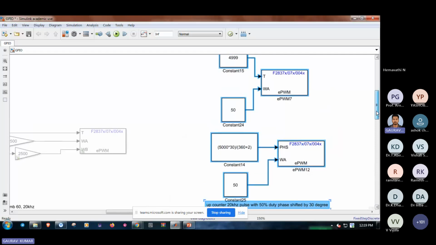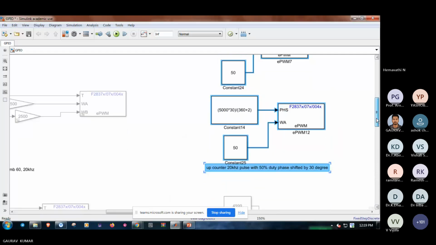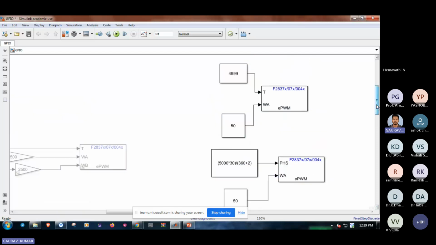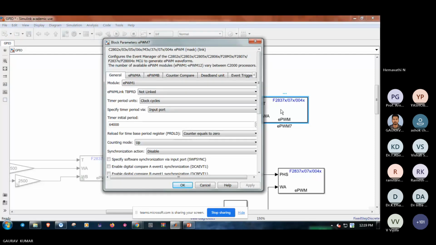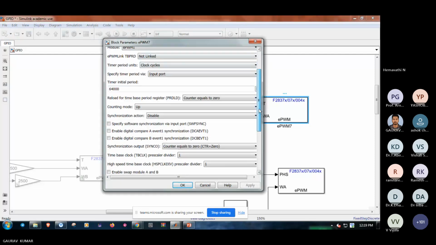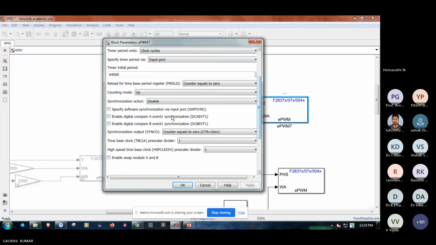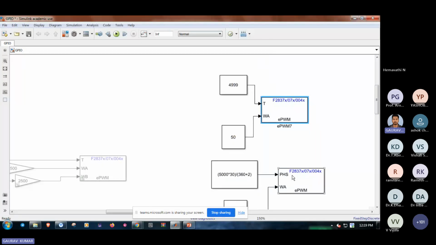This is for up counter mode, 20 kilohertz pulse generation with 30-degree phase shift. For EPWM1, sync in and sync out: sync is disabled. Sync out is connected to counter equal to 0. Okay. Then we go for the